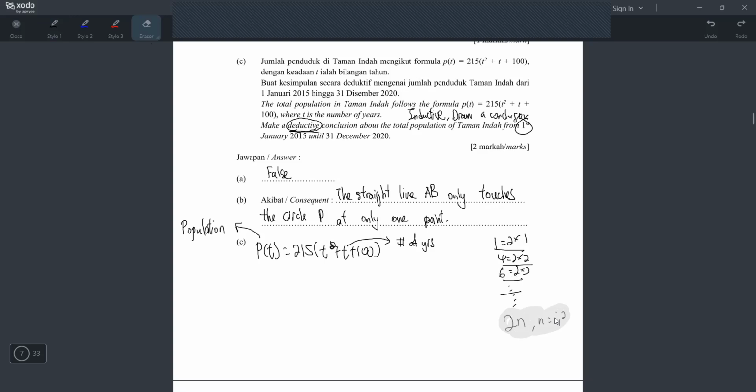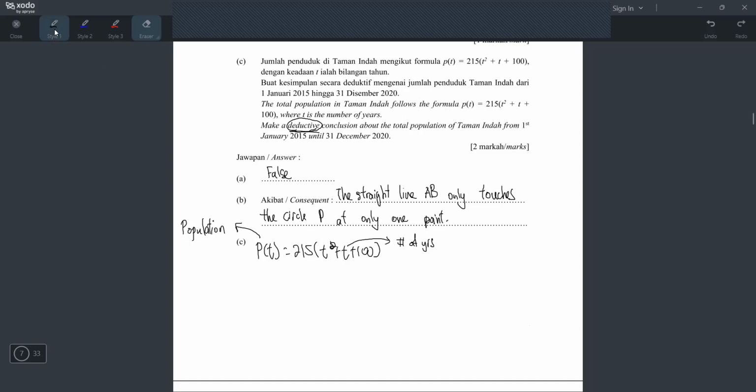Kalau inductive dia bagi spesifik punya, and then kita kena tulis dia punya formula. Tapi kalau deductive, dia akan bagi formula. Deductive dengan inductive dia terbalik. Kalau deductive dia akan bagi formula, and then kita kena guna formula tu. Tapi kalau inductive, dia tak bagi formula, dia sudah guna siap-siap dah formula. Dia guna dalam banyak baris. Kita yang kena terbalikkan proses tu and create the formula. Tapi kita kena based on what they write atas lah.